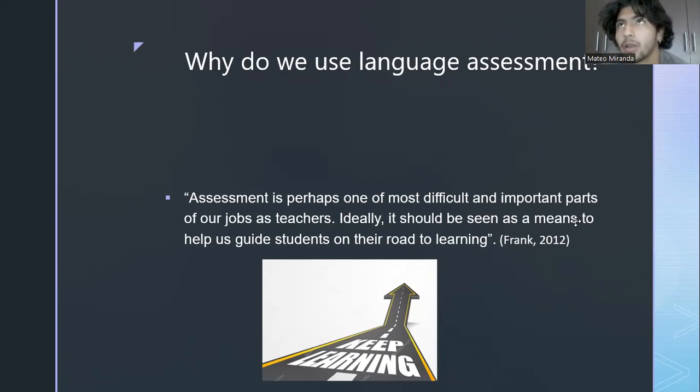So that's why we use language assessment as teachers